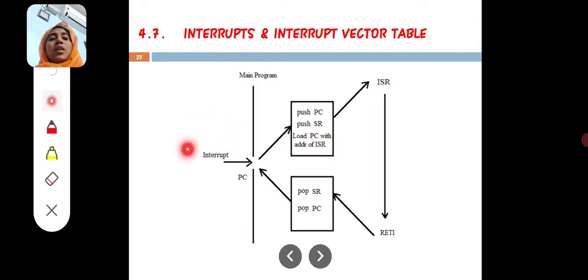Once the ISR is executed, we pop the saved PC, and from there the main program continues to execute. This is nothing but the ISR, interrupt service routine.